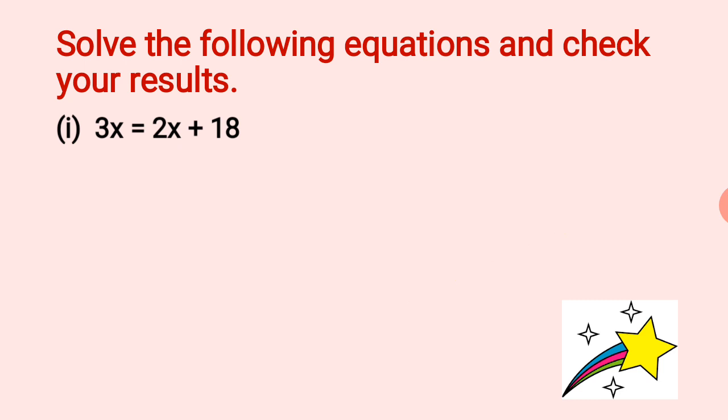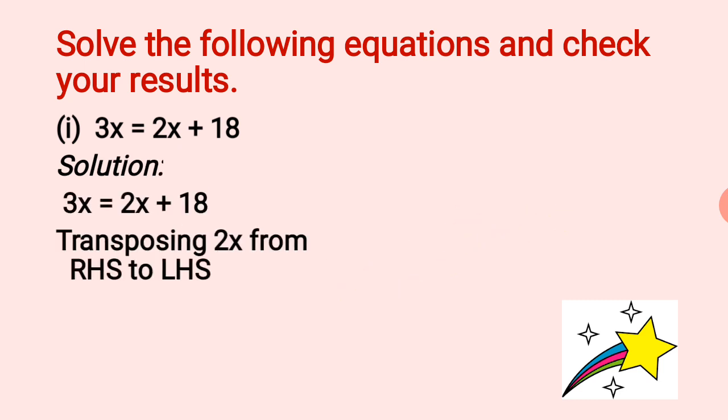Now our first equation that is given is 3x equal to 2x plus 18. The method is all usual methods. How do we proceed? We take all the like terms on one side and we take other things on the other side. I mean LHS and RHS separated out. Here we are going to transpose 2x on the left hand side. That is how you will have all terms having x on left hand side and the constants on the right hand side.